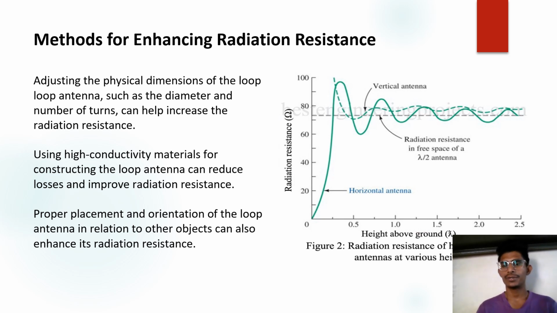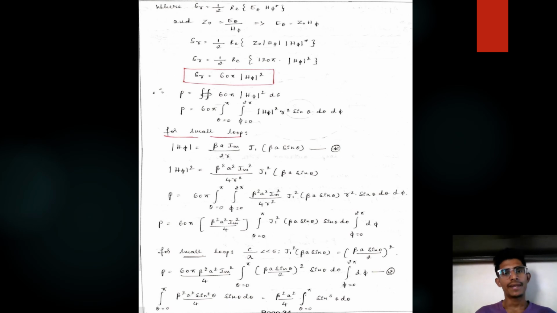In the next page, we are going to derive an equation for the radiation resistance. We have S R is equal to half real part of E naught H phi star, where H phi is the magnitude, we know that. And we have Z naught is equal to E naught divided by H phi, so E naught is Z naught times H phi. Substituting this E naught, the equation becomes S R is equal to half real part of Z naught H phi